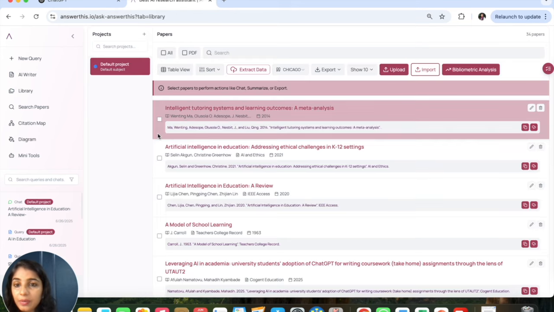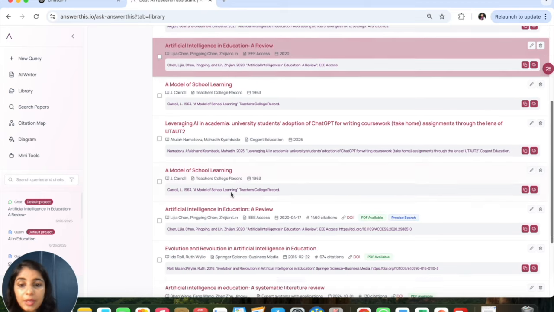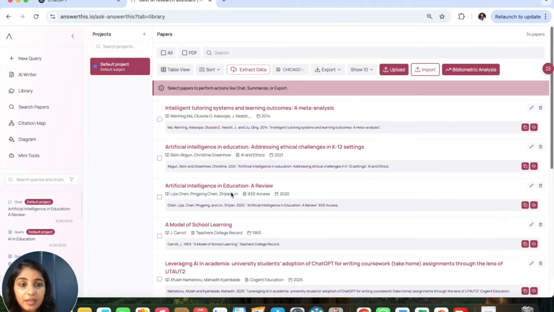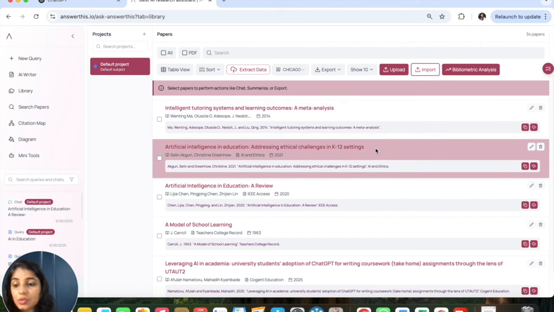So here's what you do. You go to your library, you see that all the papers that I have saved are here. I can import, I can export, I can even have bibliometric analysis from these selected papers. So let's say if you were doing a bibliometric analysis study on these 120 papers or in AI in education, then